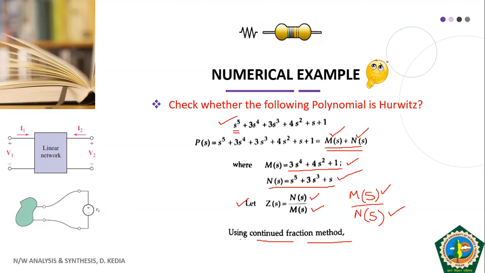You have to keep in mind that in order to apply the continued fraction method, the portion of the polynomial that you are checking must be kept at the numerator. It must have higher power as compared to the other portion of the polynomial being tested. These were the two peculiar things that I wanted to point out related to this numerical. I hope this is clear to everybody. Now we have to do nothing else, but apply the continued fraction method.